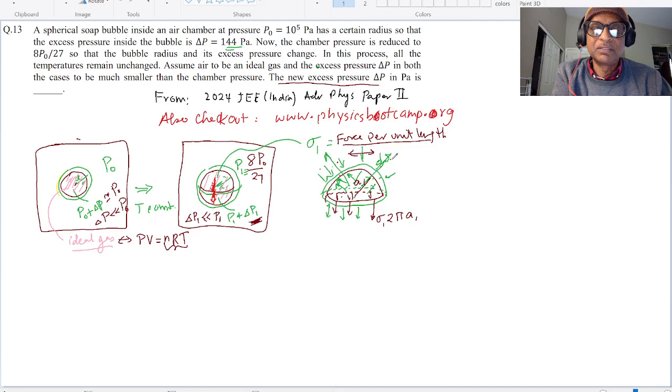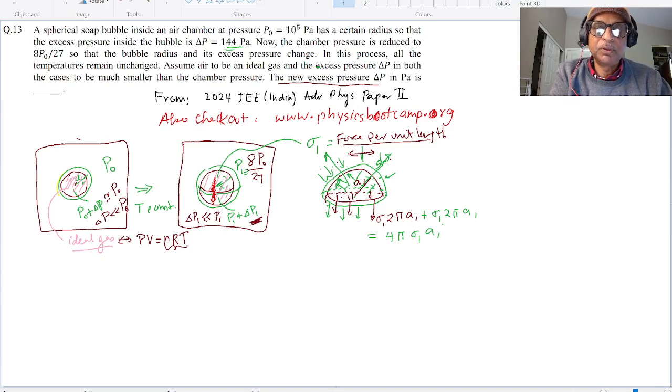So this will be plus sigma 1 2 pi a1, so it's like 2 times this. This is 4 pi sigma 1 a1. So that's the surface tension force,